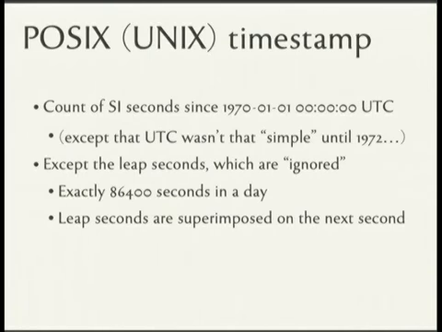There are exactly 86,400 seconds per day, so you can say, hey, I want this to happen at noon 5 years from now. You know exactly how many POSIX seconds will have elapsed. You don't know how many leap seconds are in there. And leap seconds are superimposed onto the next second. You can imagine it's very easy: if you give a timestamp with 60 seconds, internally that just rolls over to the next minute, to the next hour, to the next day, sometimes to the next month, to the next year. And so that next second gets repeated.